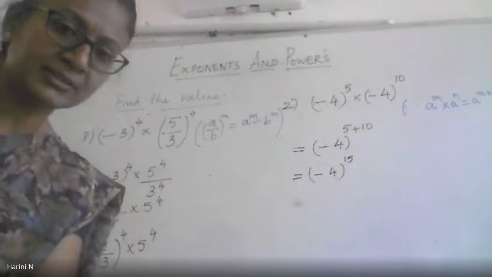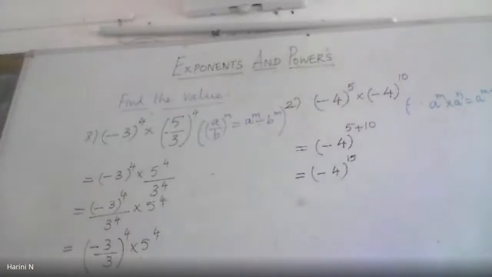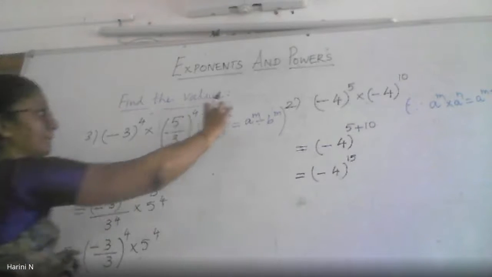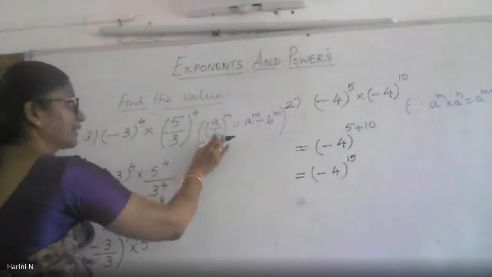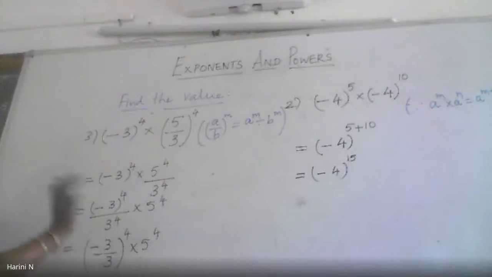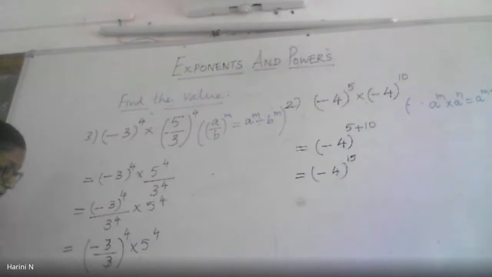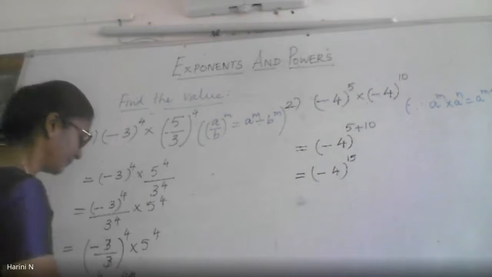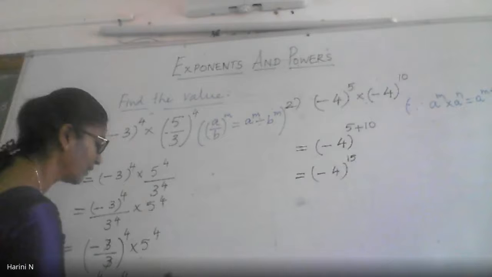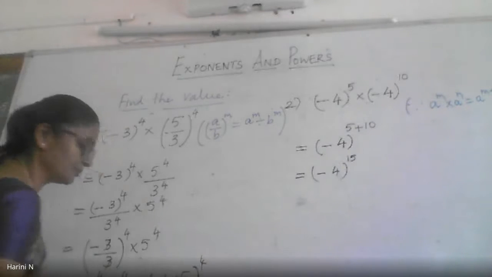Okay. I think because it is visible on my screen, I'm sure it should be visible to you also. This step, did you understand? It is negative 3 to the power 4 divided by 3 to the power 4. The powers are the same, so I'm writing it like this, with a common power. Now this negative 3 and 3, can I cancel? Yes, ma'am, you can simply cancel the 3 and 3. So what I have in the numerator is negative 1 to the power 4 into 5 to the power 4. Correct? Now again, this can be written as negative 1 into 5, the whole to the power 4.